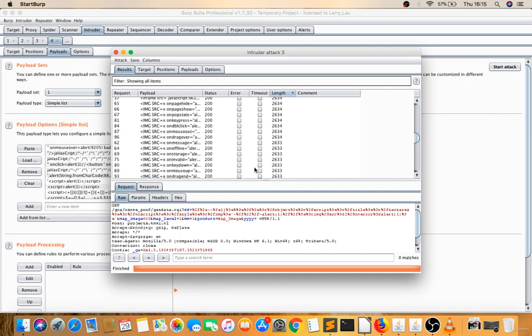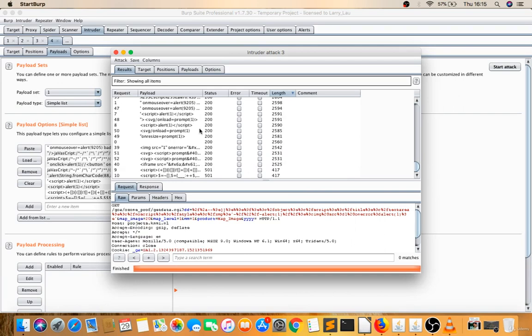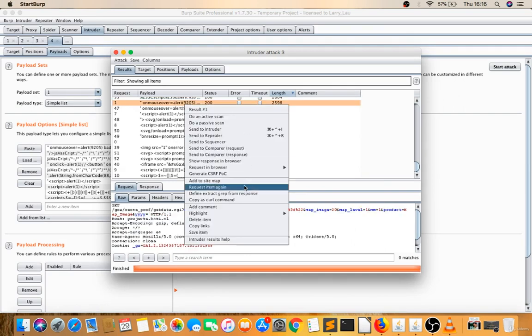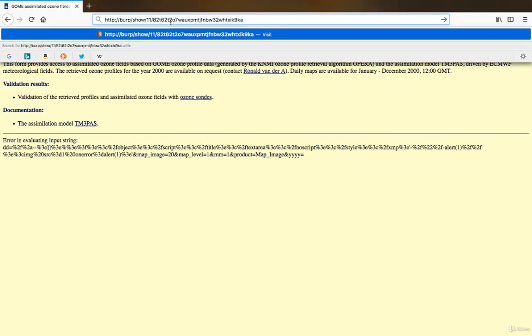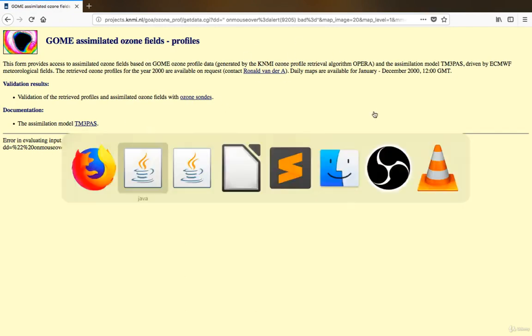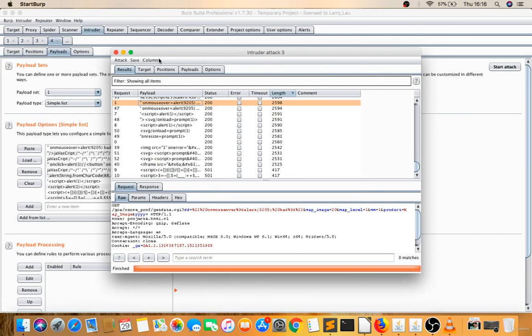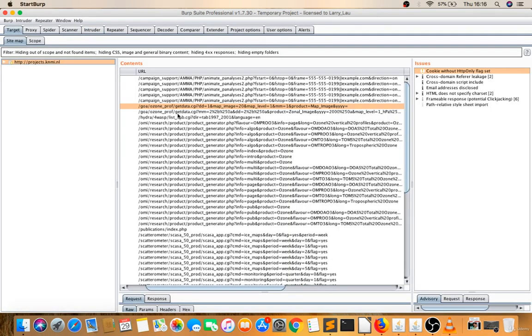You see, that means this may not be vulnerable, or you may have to trigger it on mouse over, but this is something you have to do. Show response in browser, move your mouse, this may work. No, so this may not be vulnerable. Now try on any other. I'll go to target and find any other link there.